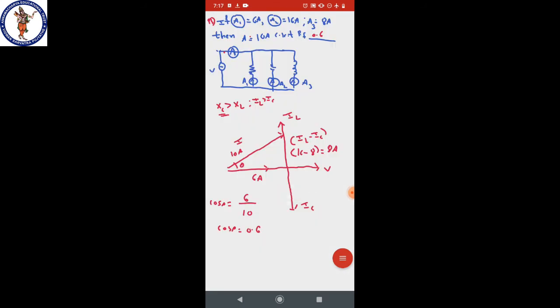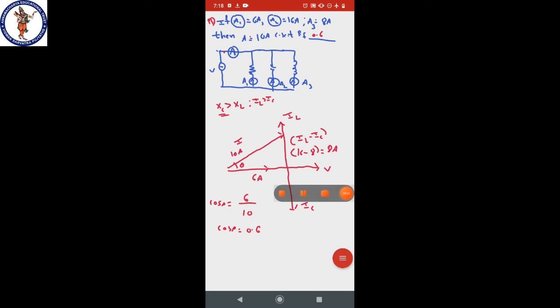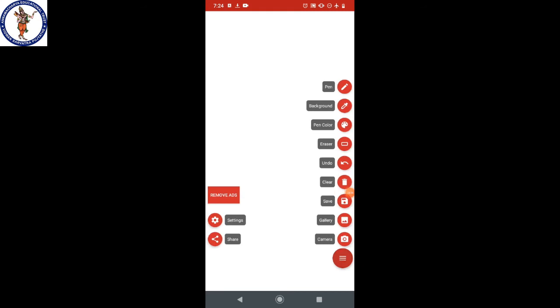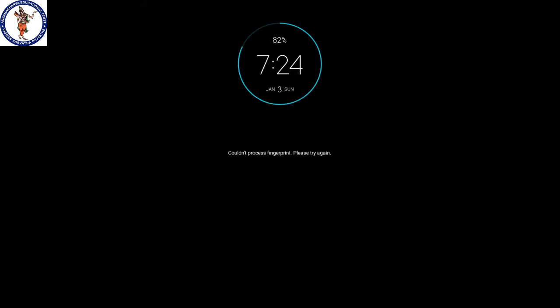Then I will go for another problem here. Okay, now I will go for the AC quantities here. Once we go to the AC quantities, what types of AC quantities? I mean the different waveforms: square waveforms, triangle waveforms, sinusoidal waveforms, cosine waveforms. How to find out peak values and some other values. I will go for the concept of AC quantities.